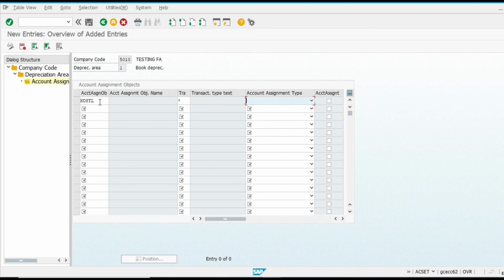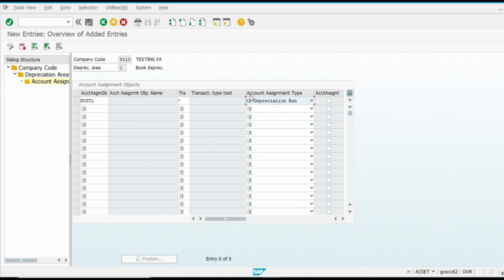Here I take cost center, and for transaction I take star, that is all transactions, and then I assign this during APC value posting or depreciation. Suppose cost center is not related to APC, fixed asset value, so we have to select depreciation run.